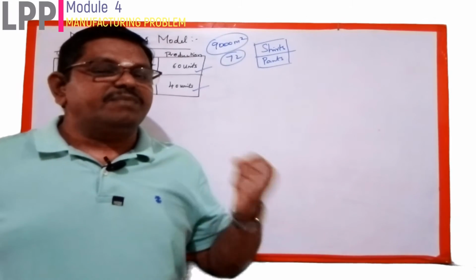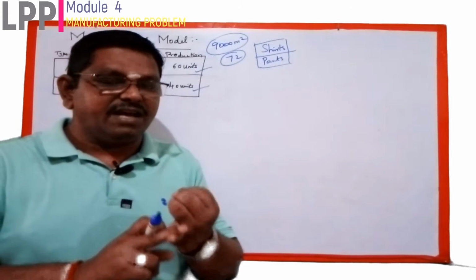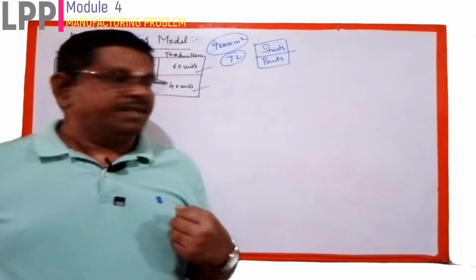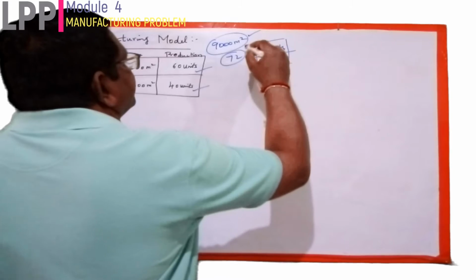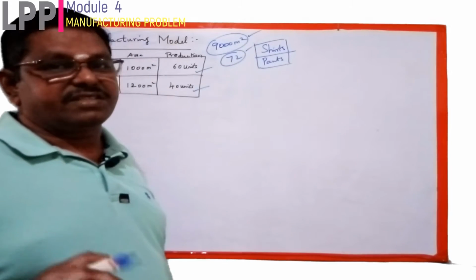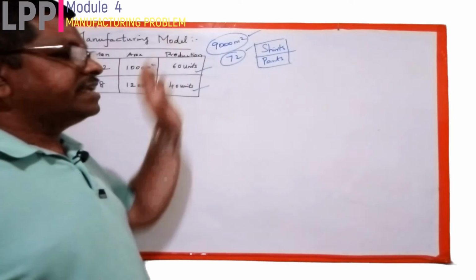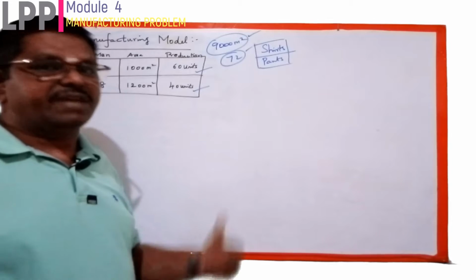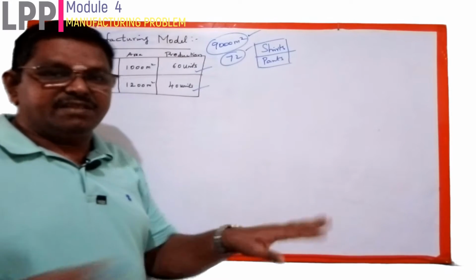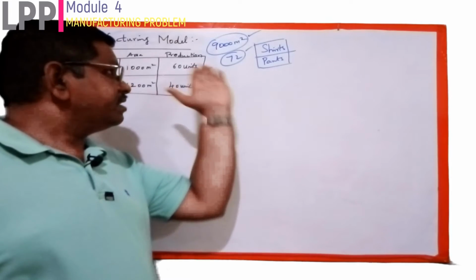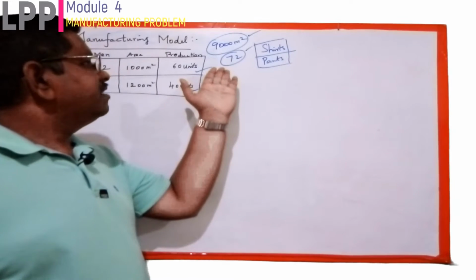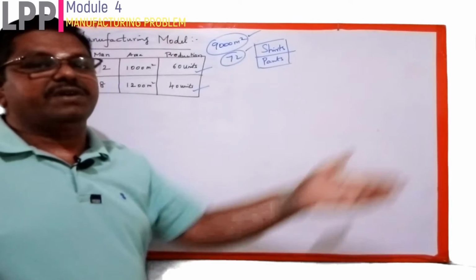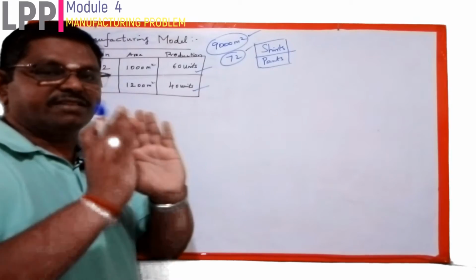Every LPP problem should consist of the objective function as well as the subject constraints. When they are not given directly, we have to find them. Here, two important conditions are given for our constraints. One is that the area should not be more than 9,000 meter square. That means if we purchase more machines of A type or B type and arrange them in the factory, that must not go beyond 9,000 meter square of area. Similarly, we should not go for more employees. 72 members are the maximum. We cannot go for any other number, 100 or 200. Only 72 members are given to us.